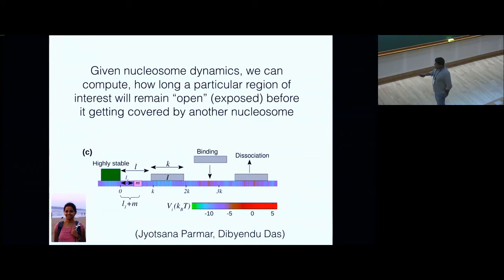And you have a highly stable barrier here, which is permanently fixed there. So near this barrier, you have a location which is of interest, let us say it's the TATA box, or the TA sequence where some protein has to come and bind. If you have such a scenario, and given that nucleosomes are dynamic with some rates, how long will this region remain open? So this is some work we did with my student Josna Parmar and my colleague Dibyendu Das in